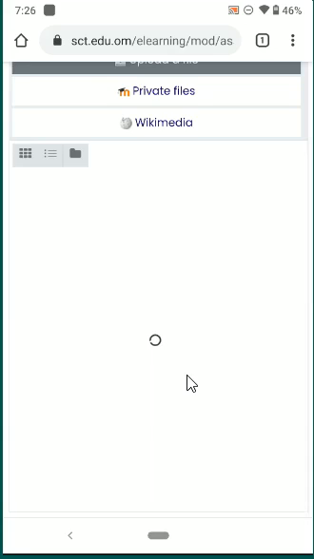If the file size is big, you may have to wait for some time for it to upload to the e-learning page. It depends on the speed of your internet. So wait patiently. Once the files are uploaded, you have to click submit button, then it will be visible to the teacher.